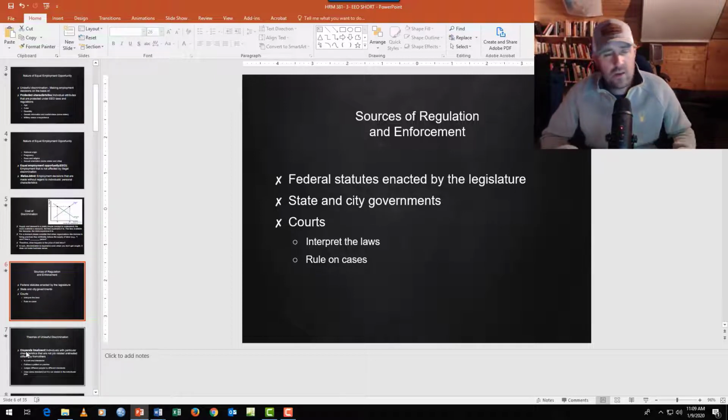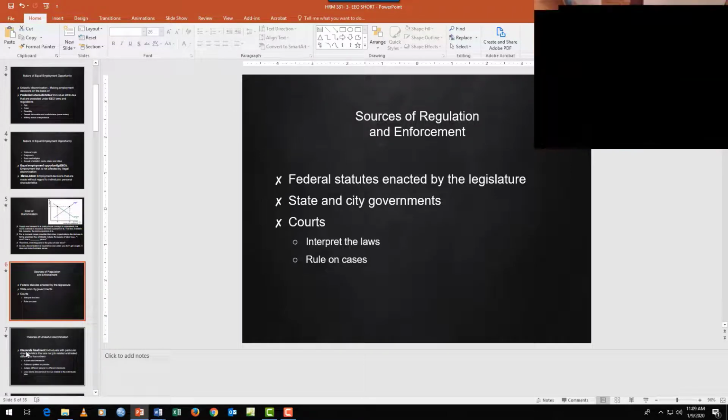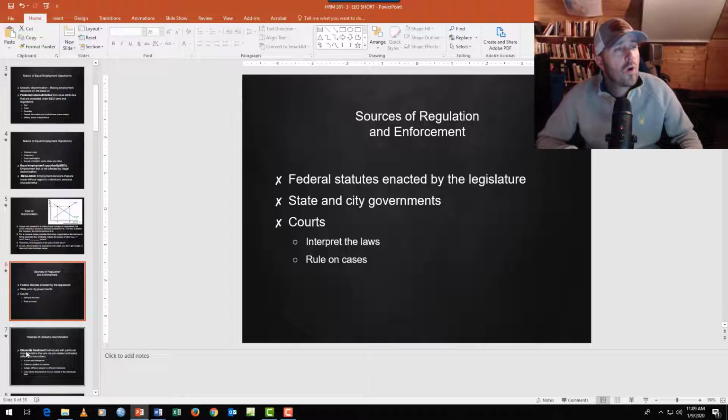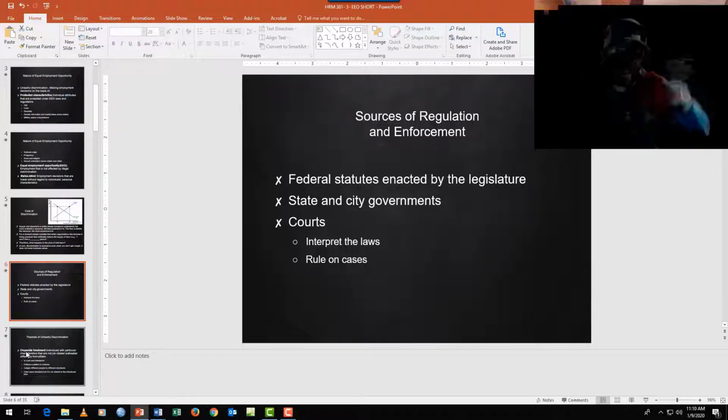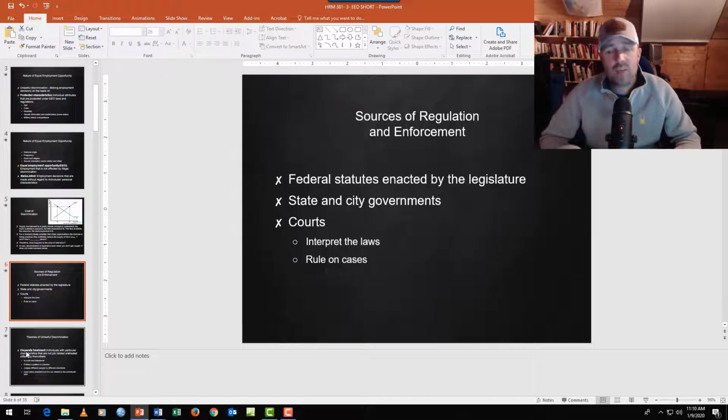There are a few different categories, but in a simple way, there are federal statutes, federal laws, which we'll go through. That is either an executive order by the president, affirmative action would be an example of that, Executive Order 11246, or the Civil Rights Act of 1964, passed by the House and the Senate, signed by the president. And then there are state laws. We have in Washington State the Human Rights Commission. They are the ones that crank out a bunch of those laws. We have city governments. The city of Seattle says, hey, we're going to have a $15 an hour minimum wage, or whatever it is. So there are several different levels and places it would come from, and each of those has its own unique